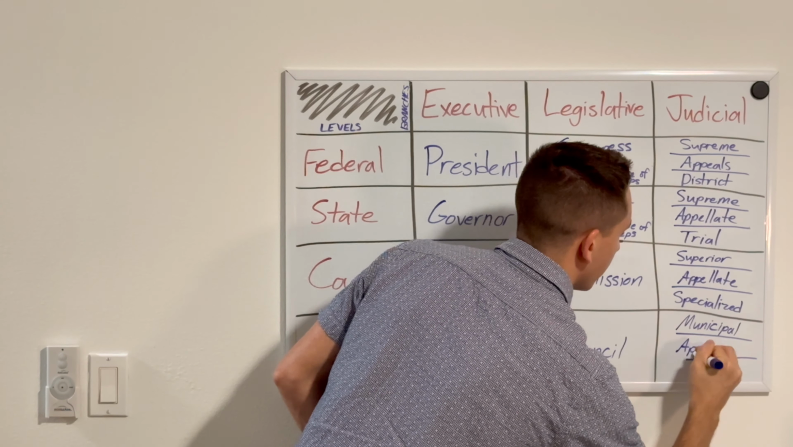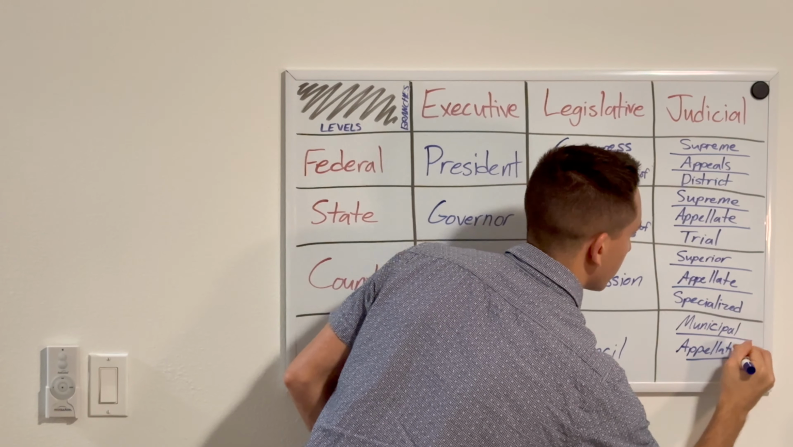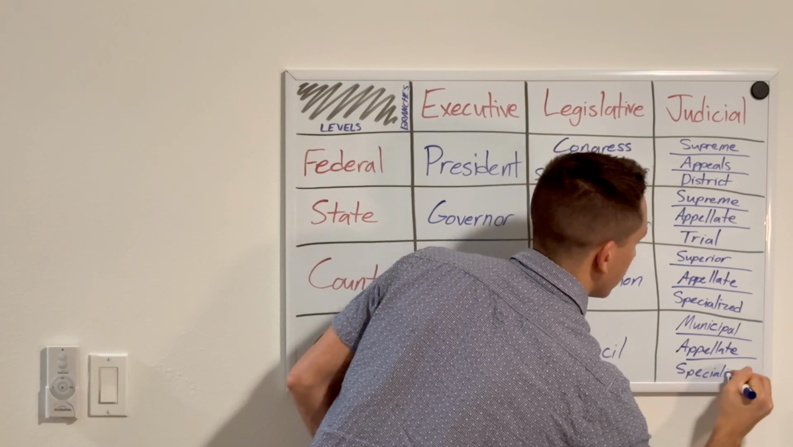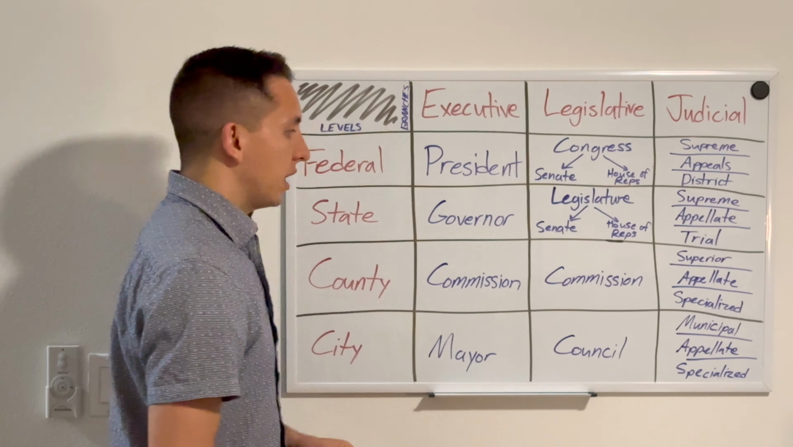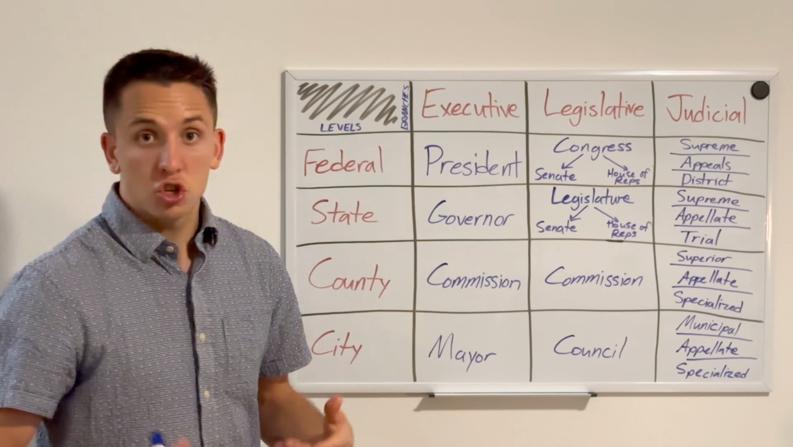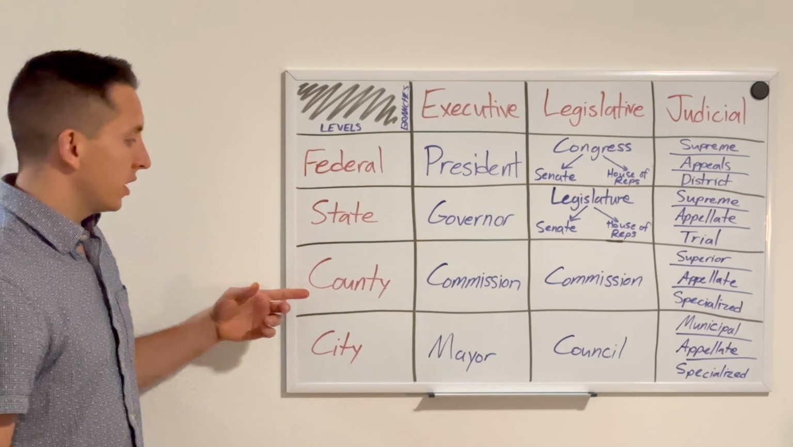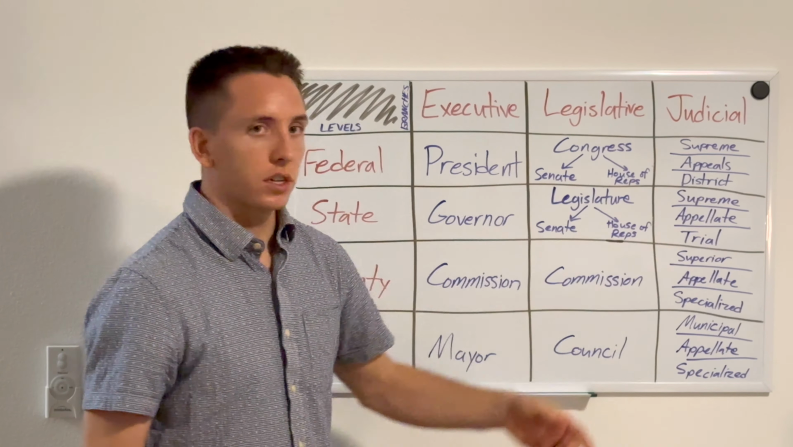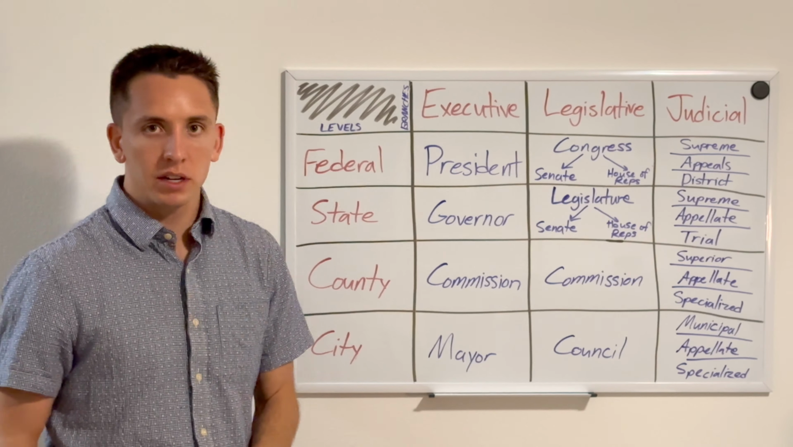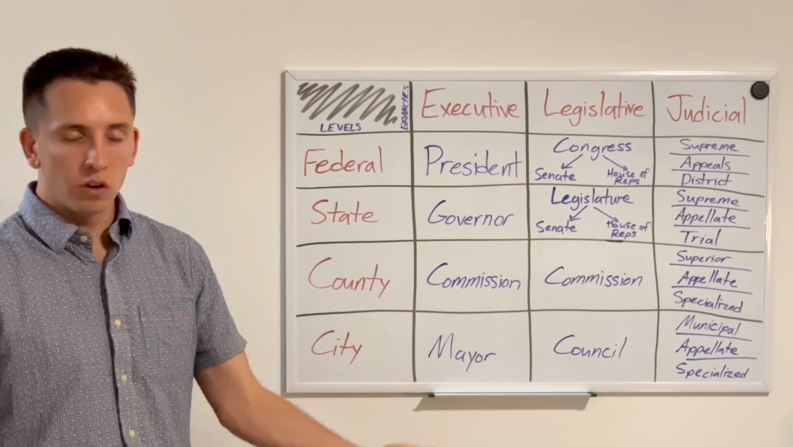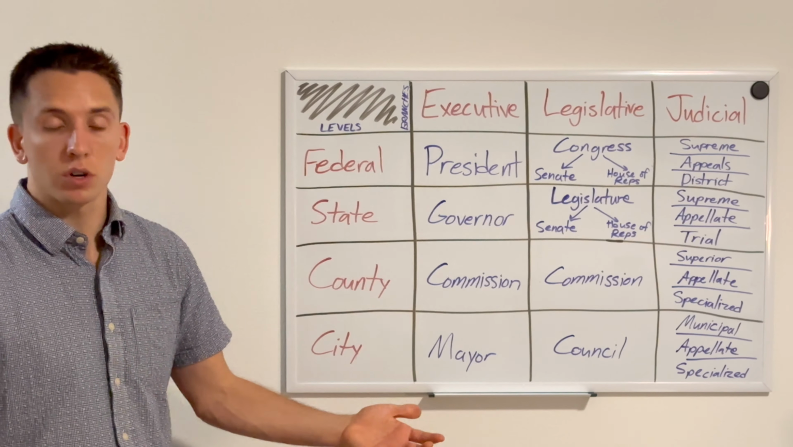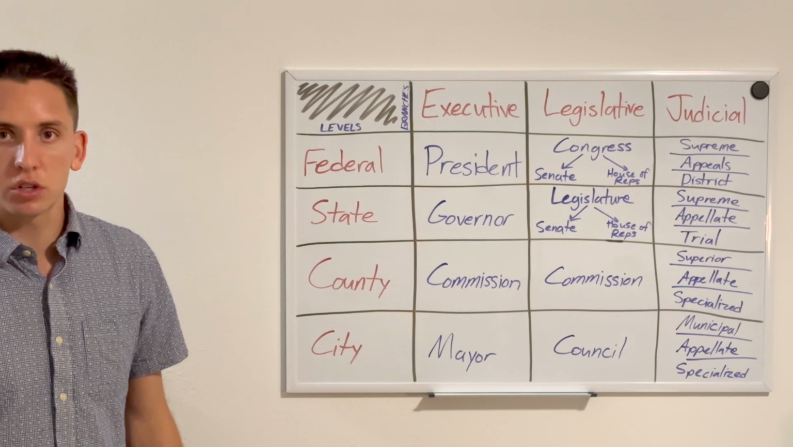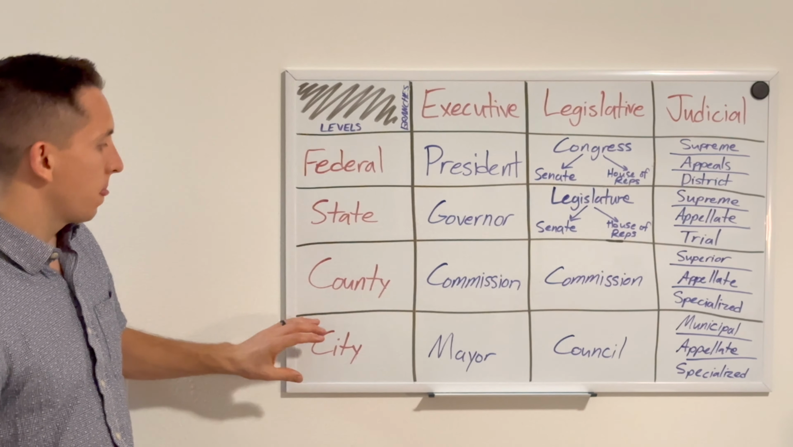Then you have your appellate courts and your specialized courts. Now, depending on the size and the structure of your city government, county government, and state government, it might not have this middle appellate court. But that's beside the point. We're not talking about exceptions. We're talking about the general overview, okay, of how this works. There are always going to be little exceptions here and there, but this is how the entire structure generally works on the